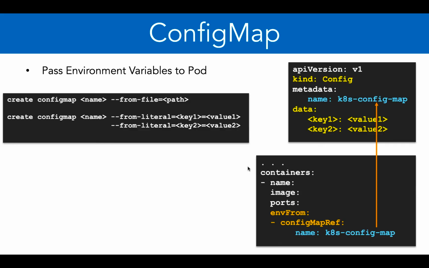So there's one more way to create config map. You can use this create config map command. Of course, there's kubectl create config map. Give the name of the config map and mention the environment key and its corresponding value in a file, and then provide the file using dash dash from file option, or you can use dash dash from literal option also. And after that, you can pass the key and its corresponding value. I would always suggest you to create using manifest files because you can keep a track of what you have done. Alright, so that's all about daemon set and config map.